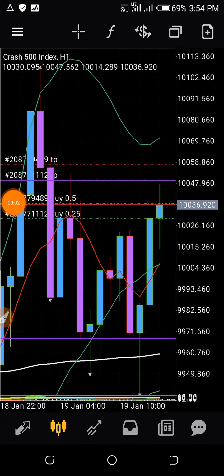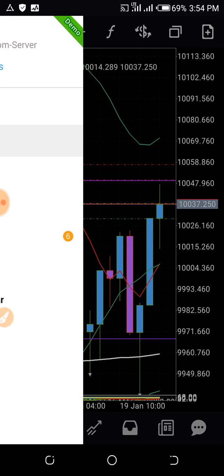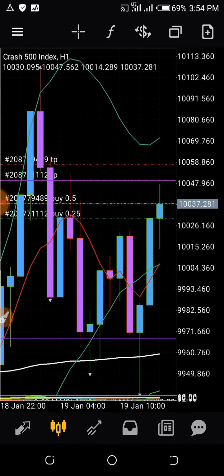Alright, good afternoon. This recording is just to explain one or two things as to why I take some of my trades. But for the record, I don't trade on Sundays. You can see there's a demo at the top showing that it's a demo account. A demo account is meant for practice, and because I don't want to be lost along the way with what the market is trying to do, I decided to just play around with them.